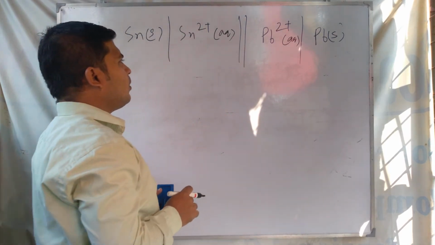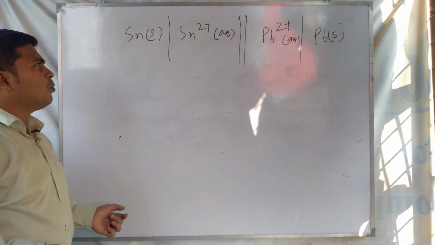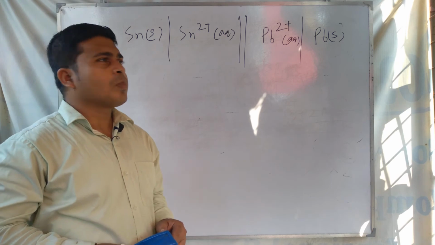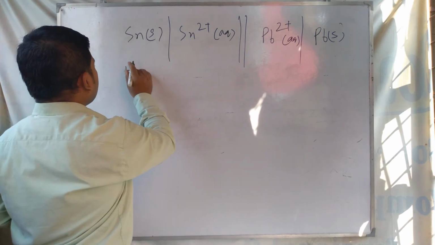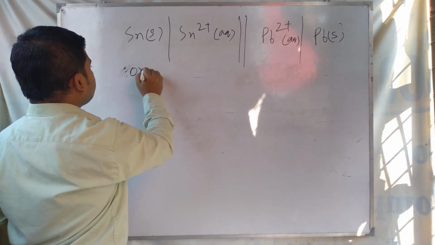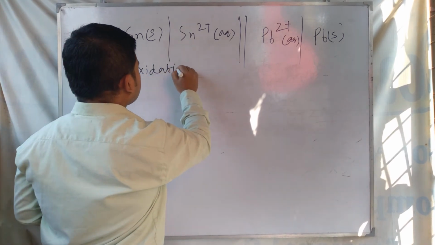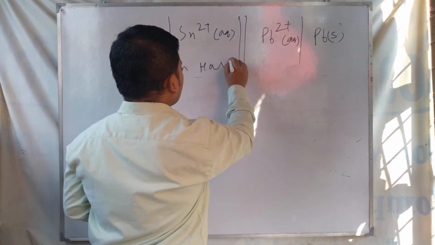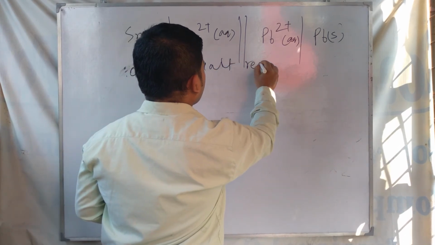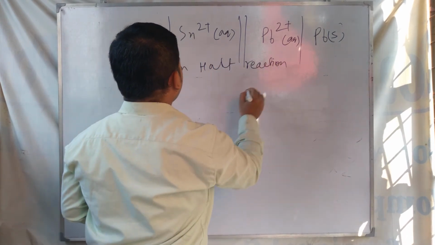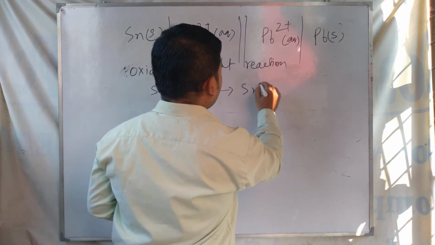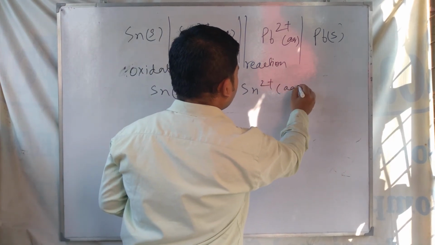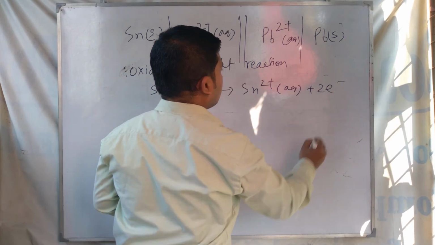This one is the galvanic cell here, tin to tin 2 plus and lead 2 plus to lead. In this case the half cell reactions are: the oxidation half reaction is tin solid to tin 2 plus aqueous plus 2 electrons,